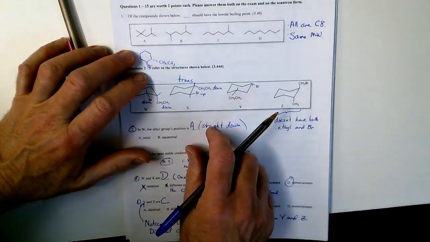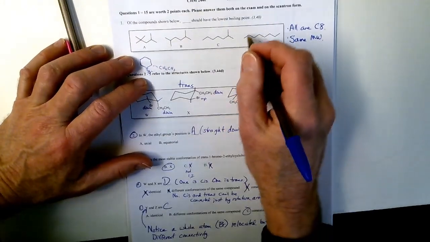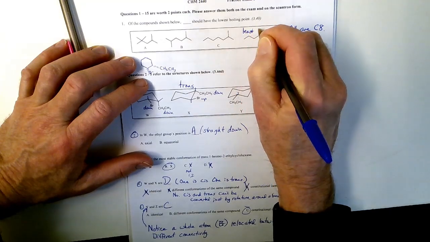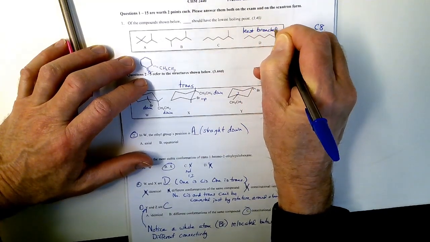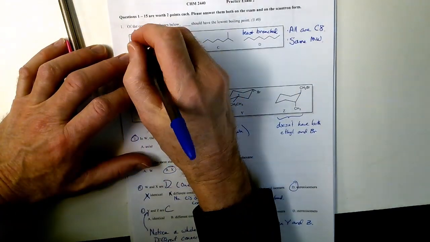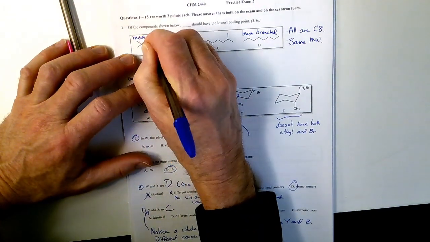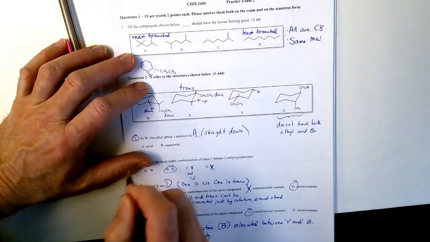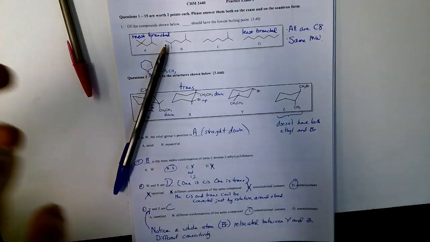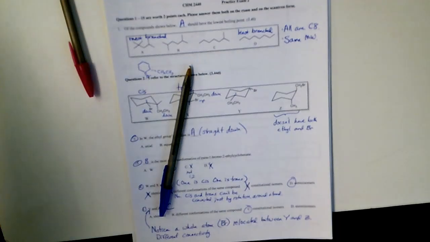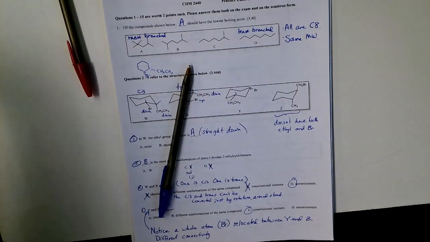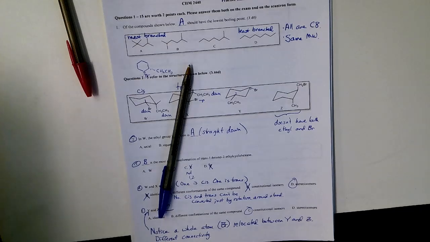But what you can do is look at the shape, and you say that on this end, it's the least branched with a given number of carbons. This end right here is the most branched. That means that the first one is the most like a little ball, doesn't interact as well with its partners, other molecules like itself, doesn't stick to them as well, and that means that A, with the lowest amount of force between like molecules, it's pretty easy to separate them from each other and boil them off.